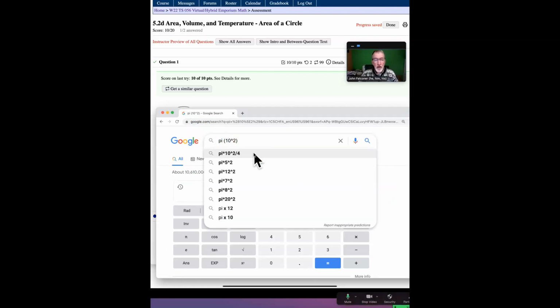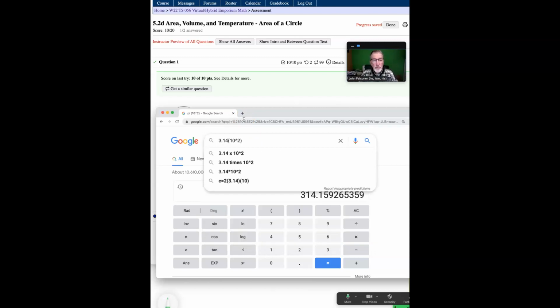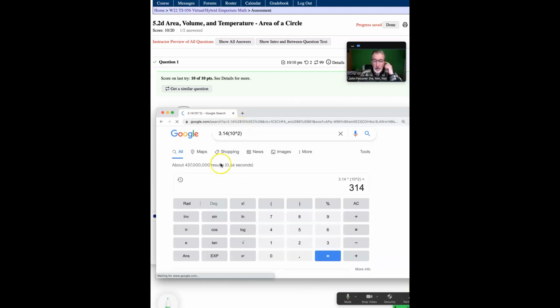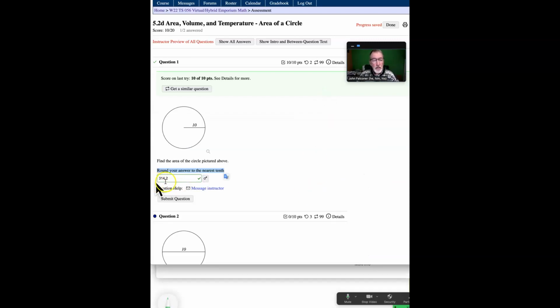I'm going to take out pi because they didn't tell us what pi was equal to, so we used the symbol at WAMAP. But for the GED, I just want to show you, if we have 3.14, since the GED told us to use this number, if we calculate it with this, then our answer is 314. And if we round that 314 to the first decimal point, it would be 314.0, which would be different from